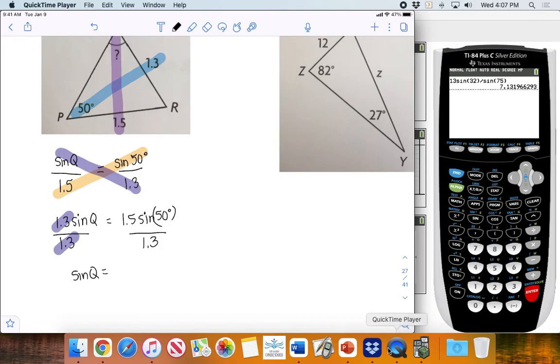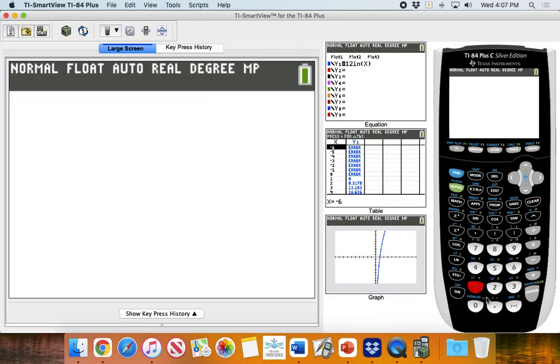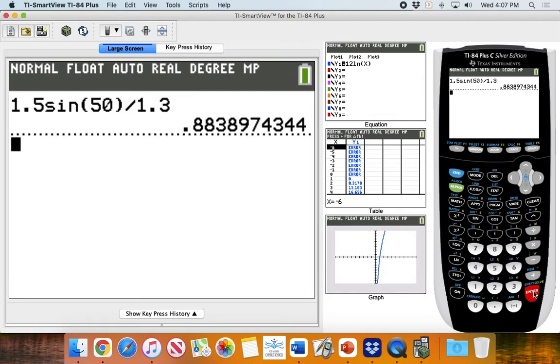So now we're going to use our calculators. We're going to put that into our calculator to find out what sine Q is equal to. So I'm going to go 1.5, sine on the right was 50, divided by the side length at the bottom, 1.3. So top divided by bottom equals, I get this